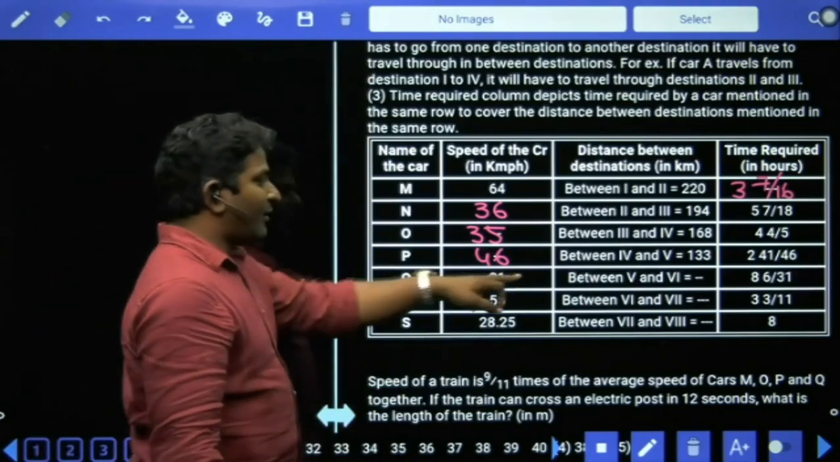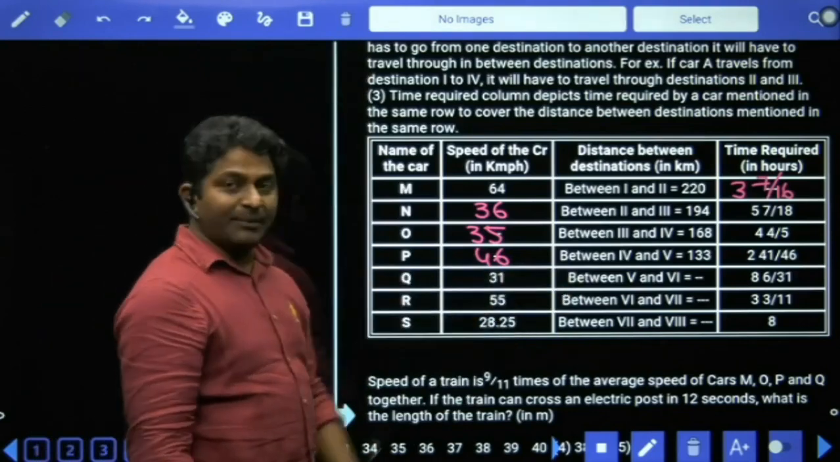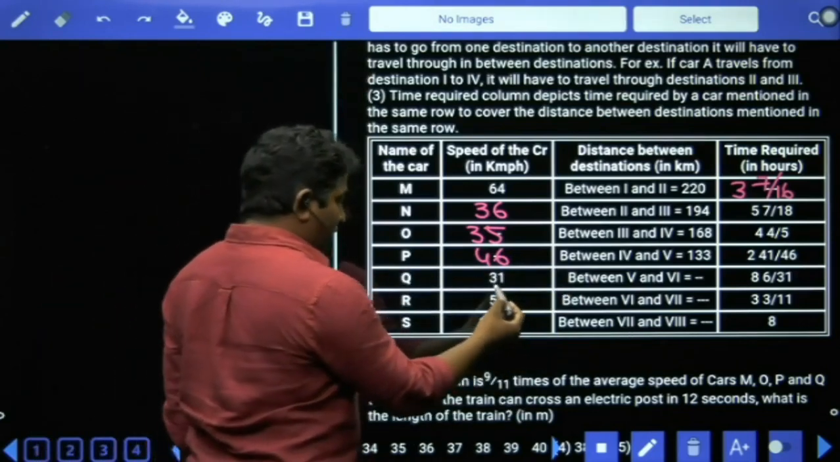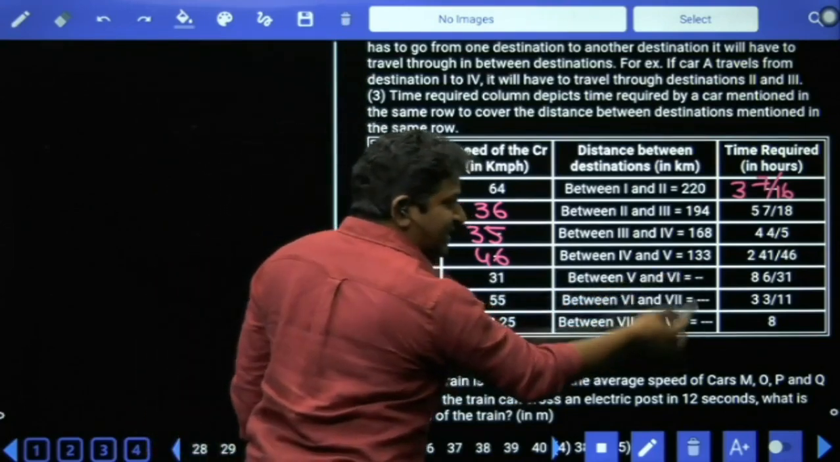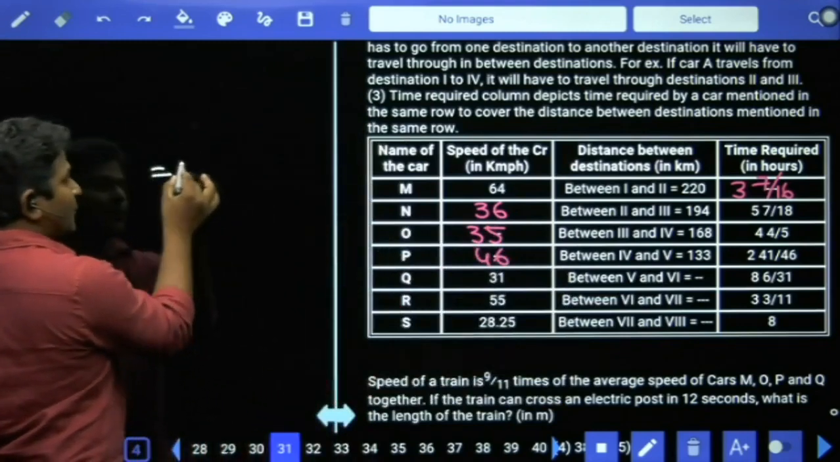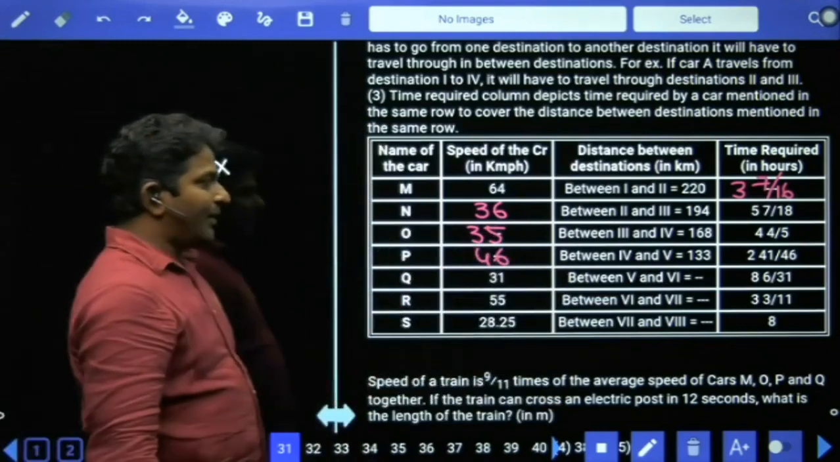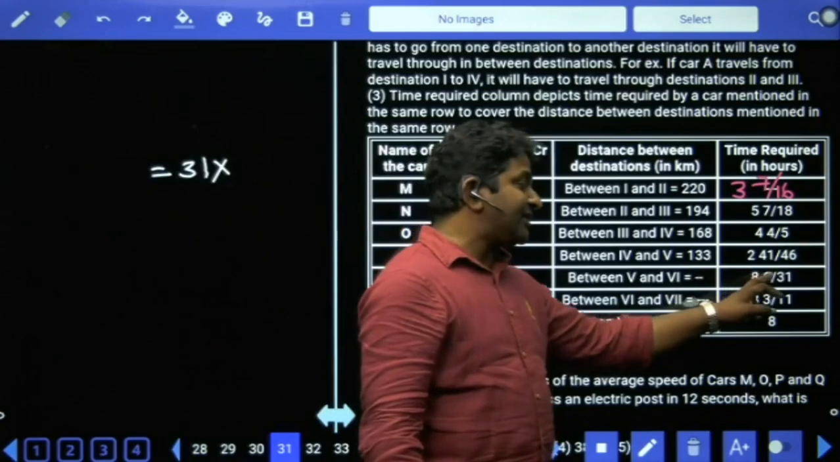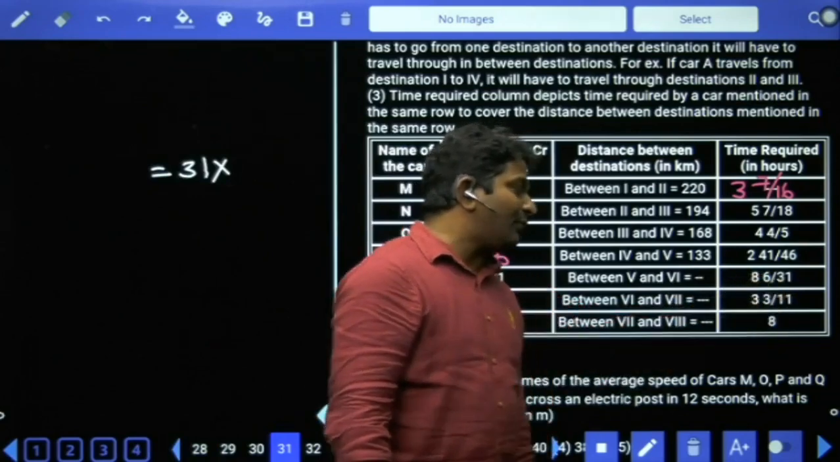And for Q we have complete details. R we have complete details. No. So for Q, R, yes, distance is mentioned. Distances are missing. So distance is equal to speed into time. Time is 86 by 31. 31 times